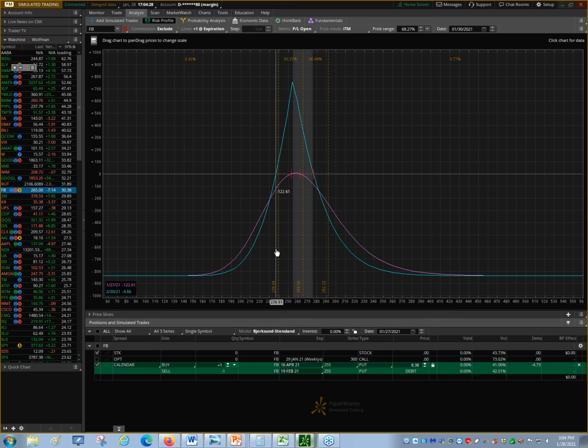Now, my rule for this is basically you take the debit you paid and add it to the strike, that's your break even to the upside. Subtract it from the strike, that's your break even to the downside. That's kind of it for a ballpark. That's really the best way for me. And then I hold solace in knowing that the break evens I've come up with are much tighter than the break evens that I'm actually able to get with this type of trade.